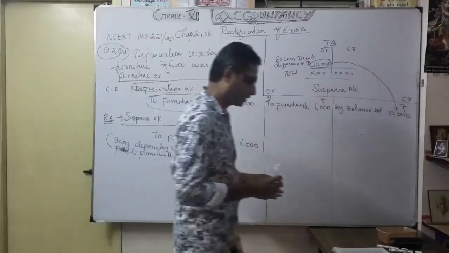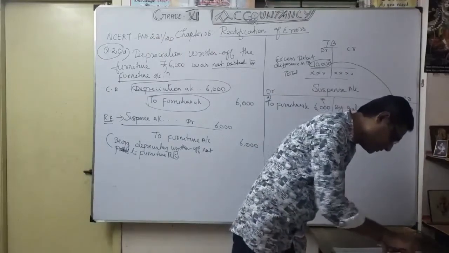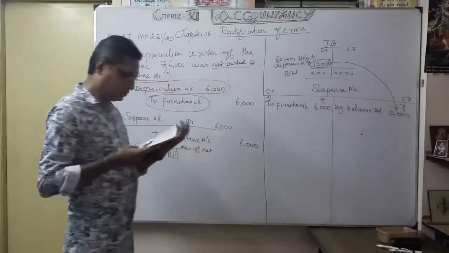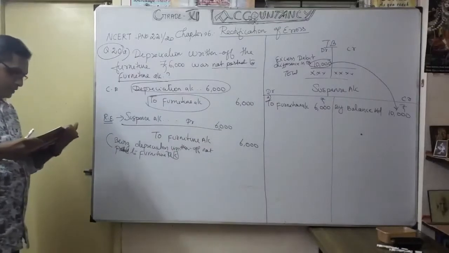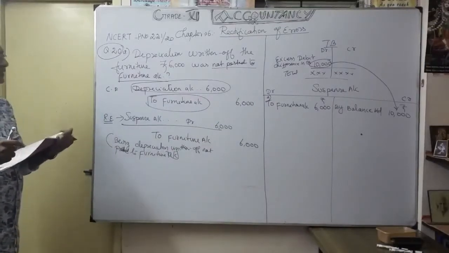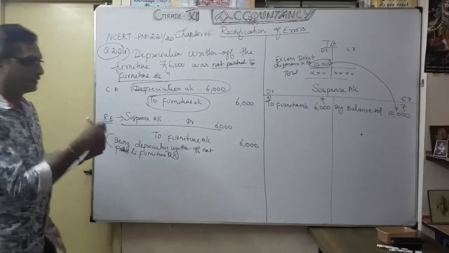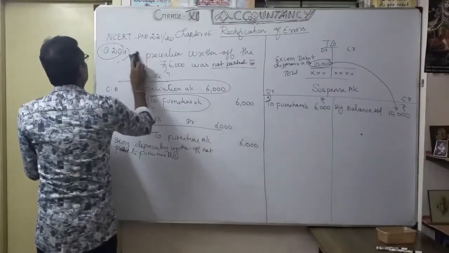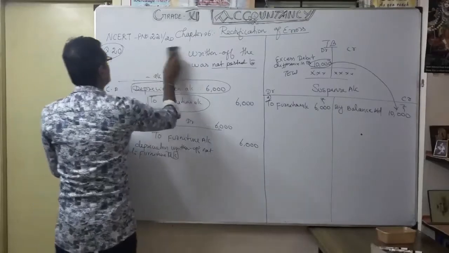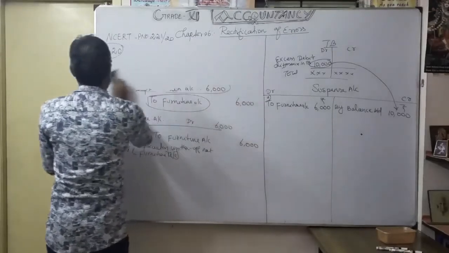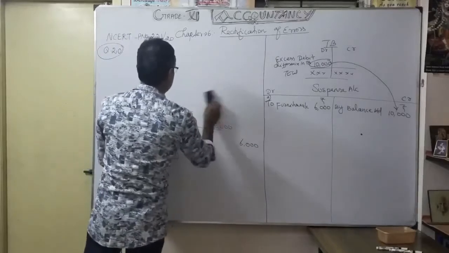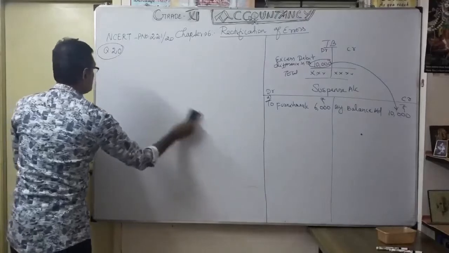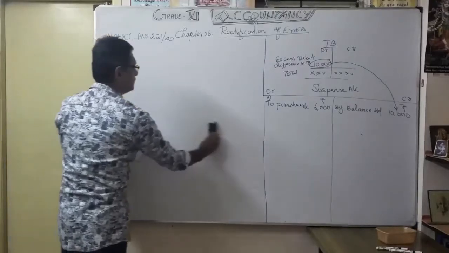So what is the second one? Credit sales. See here: credit sales to Reuben, 10,000, were recorded as 7,000. It's a very interesting entry. Now we are going to discuss transaction B. What error? We are going to locate the error in the particular transaction. You understood now? Transaction 1 is done. Now go for the next one.